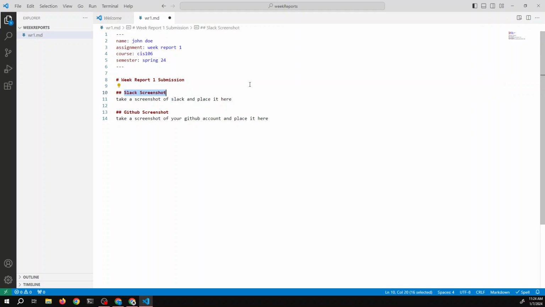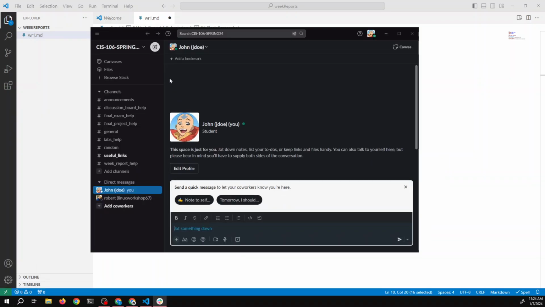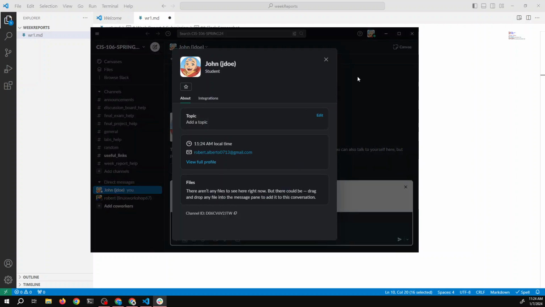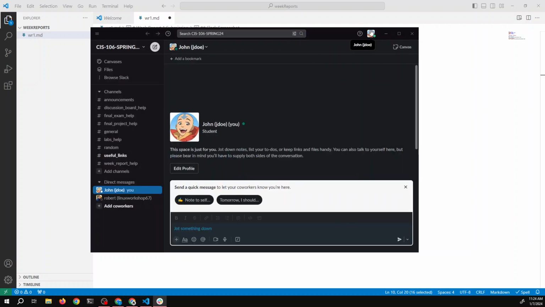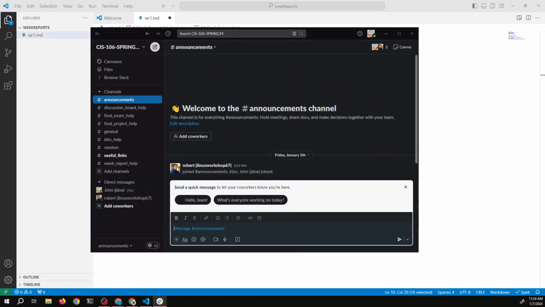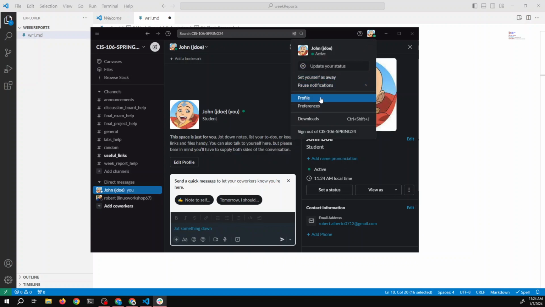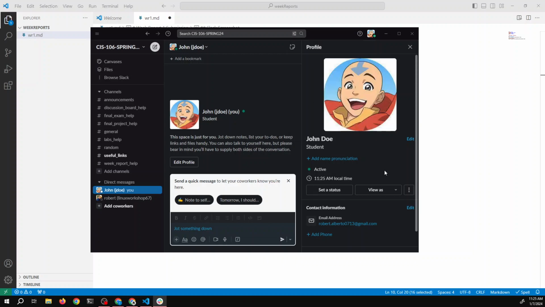Take a screenshot of Slack. This is the screenshot that you're going to take of Slack. So you're going to open Slack, right? And you're going to click on your profile in Slack. And take a screenshot like this, right? You click on your name, then you click on your profile, view profile. Here you're showing that you have installed Slack, and I can see your GitHub repository over here per the video